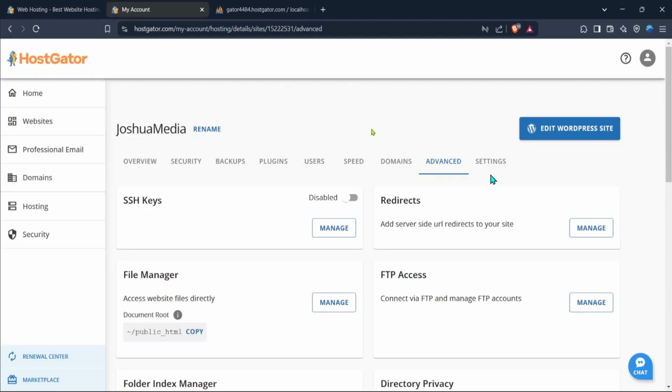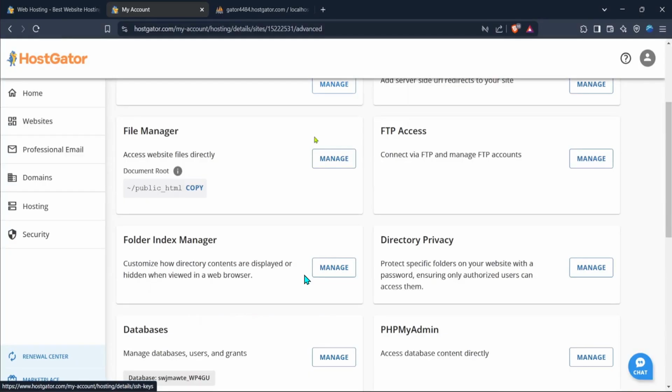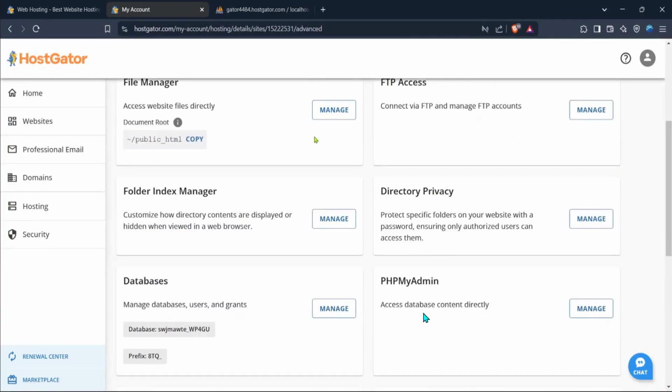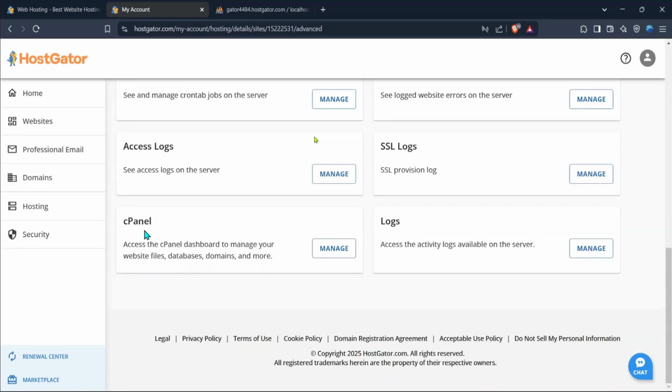Inside this page, you'll notice another tab labeled Advanced. This is where Hostgator stores the more technical tools and features. Go ahead and click Advanced to continue. Now you will see the cPanel option displayed clearly on the screen. Select it and Hostgator will automatically redirect you to the full cPanel interface without needing to enter any additional login